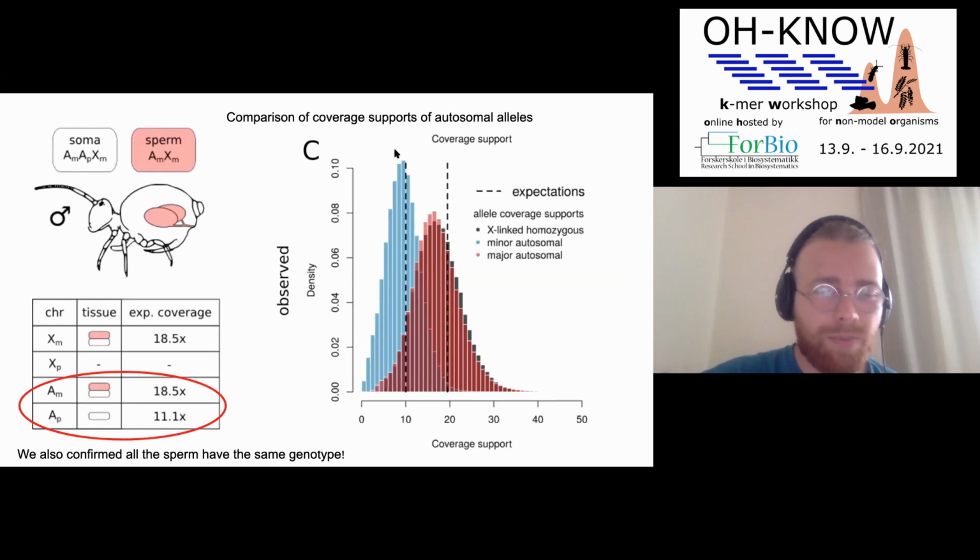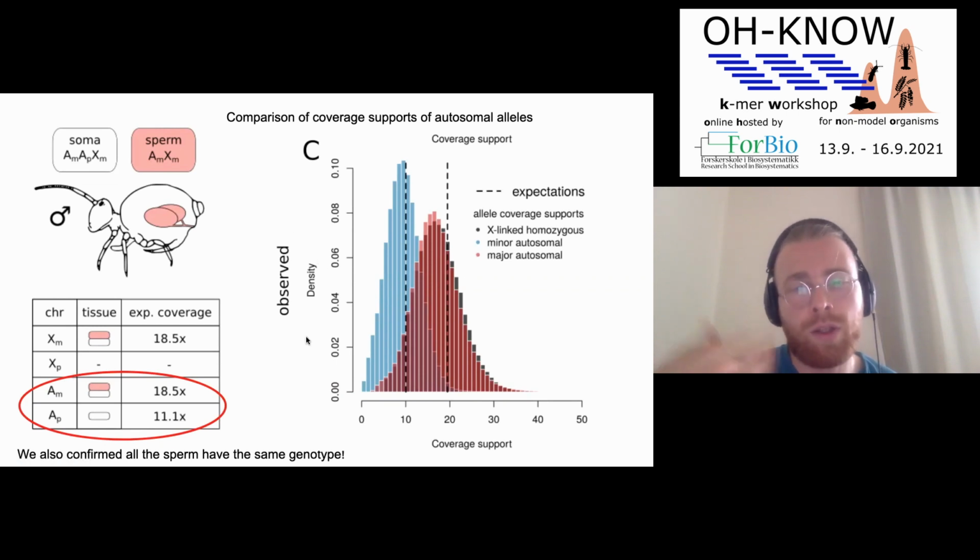And the paternal autosomes, or what we think are paternal autosomes, are then the 10xp. So we have not fully proven which one is maternal and which one is paternal. But at this point, there is no other biological system that would resemble it the other way around. So we kind of confirm at least that all the sperm have exactly the same genotype. So this is sort of just a biological story about